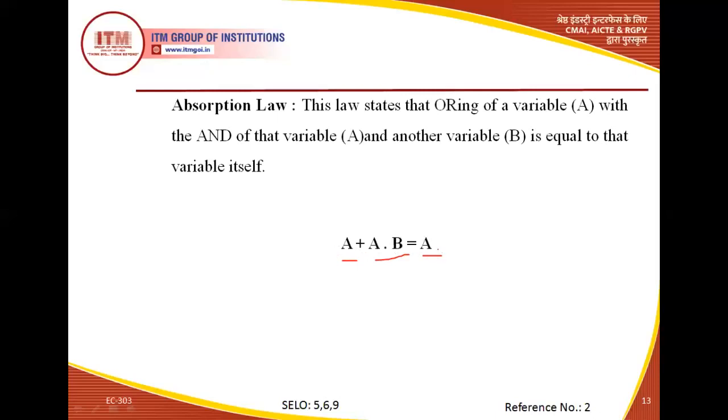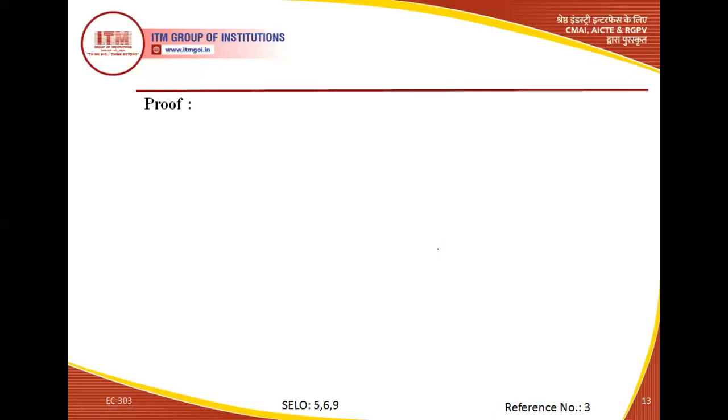Okay. Now we see how we can prove this statement. So we can prove it in two ways. One is algebraically. So we know that A plus A dot B, we take the A as common. So in the bracket we get 1 plus B, and 1 plus anything, for any logical operator, 1 or B produces the result 1, as we already saw, and A and 1 gives A.